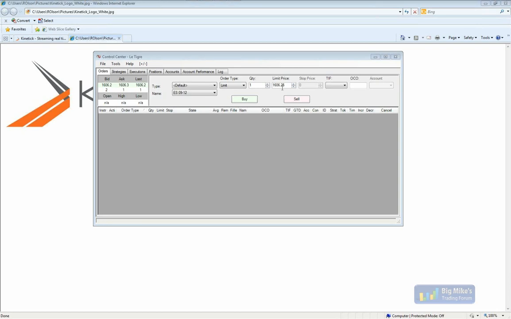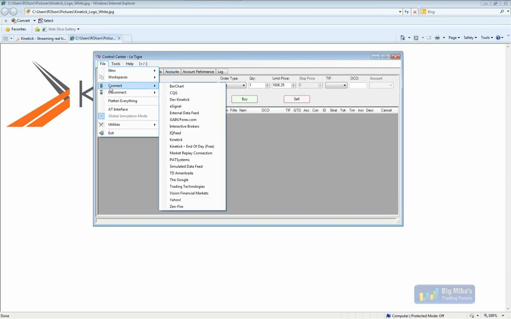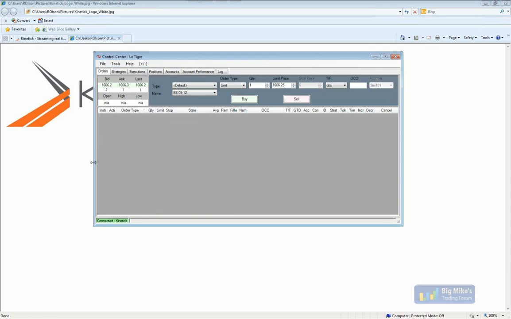All right, so everyone should be able to see NinjaTrader at this point in terms of the application here. And right now what we're going to go ahead and do is show you what's available to you as part of the end of day feed. You can first go from within NinjaTrader to File, then Connect, and then select your Kinetick end of day feed. When you do connect to the Kinetick end of day feed, it shows connected in the bottom left in NinjaTrader. From here on out, since this is just daily historical data,